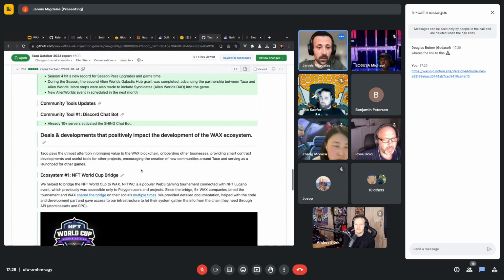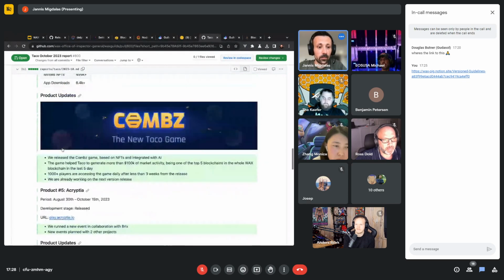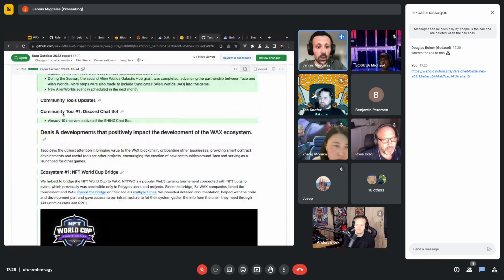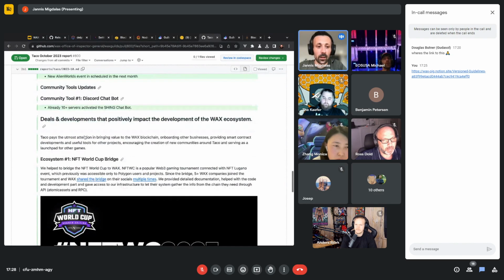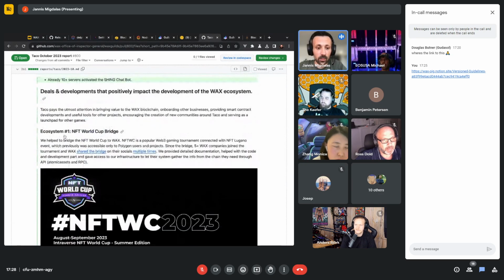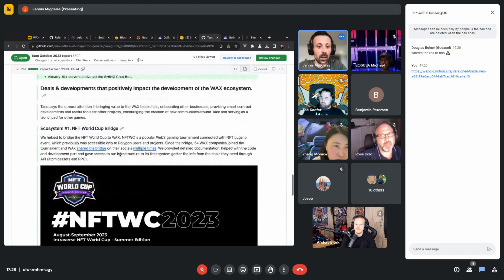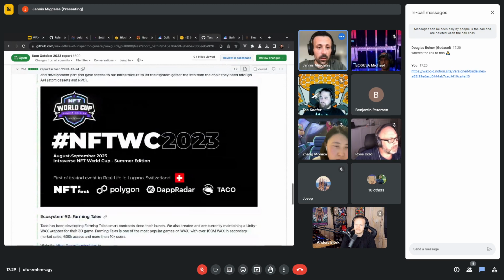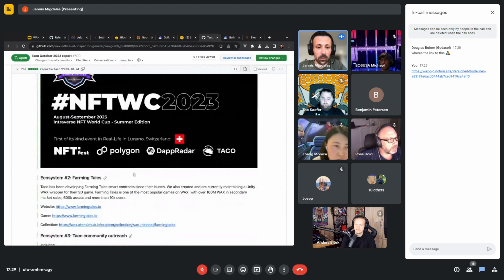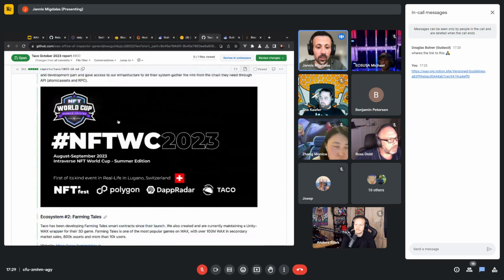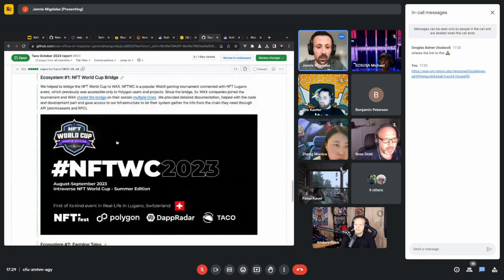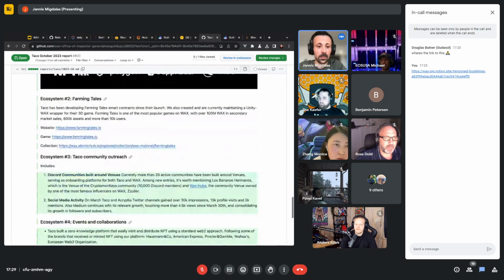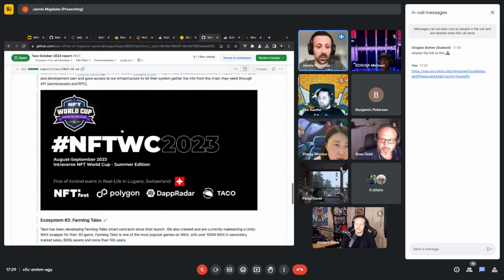And then, of course, the next part, the ecosystem contributions, this is part of the product contributions, the community tools. And right after that, the ecosystem contributions, which are then often accompanied by a screenshot showcasing what has happened or the marketing material used in this case, which is just nice to see.